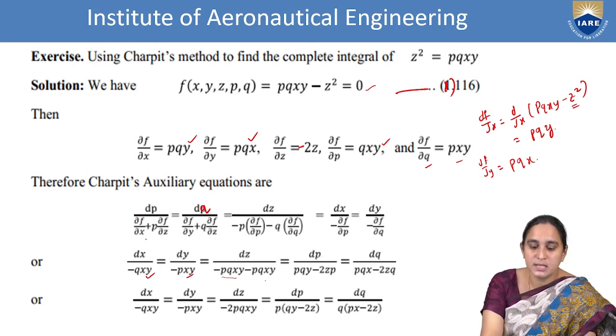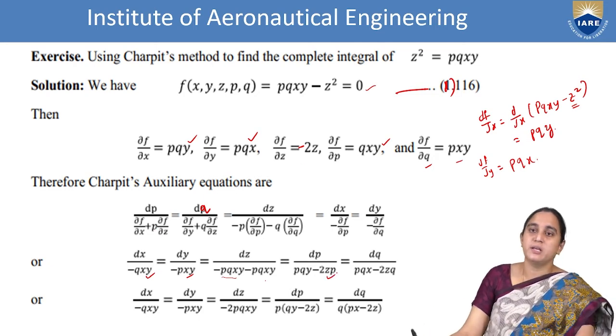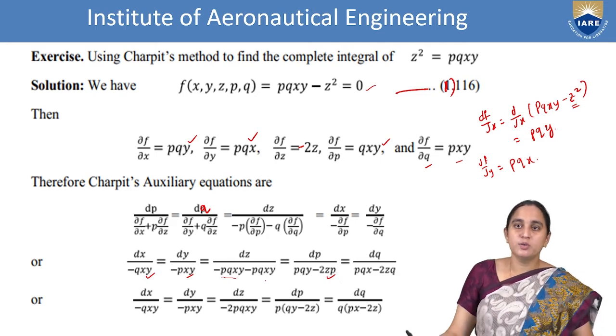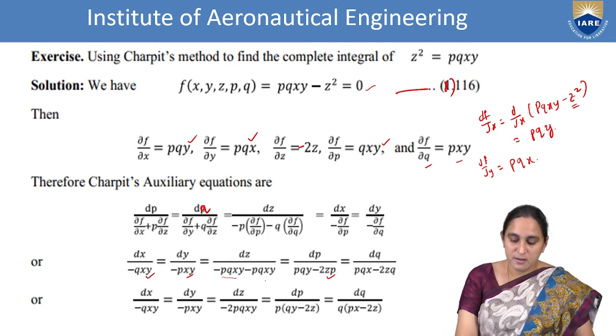Dou f by dou x plus p into dou f by dou z. What is dou f by dou x here? Dou f by dou x is directly pqy, plus p into dou f by dou z, that is p into minus 2z, that is minus 2zp. Therefore, dp by pqy minus 2zp, that is equal to what? dq by